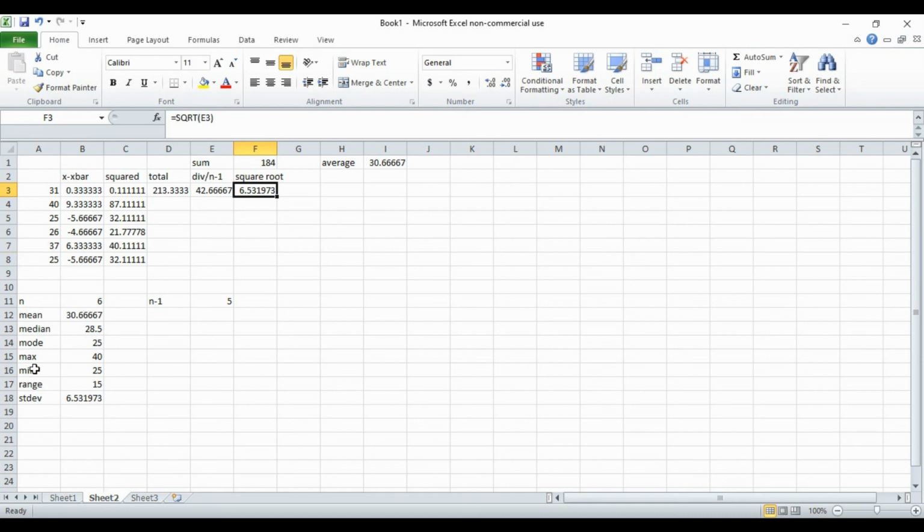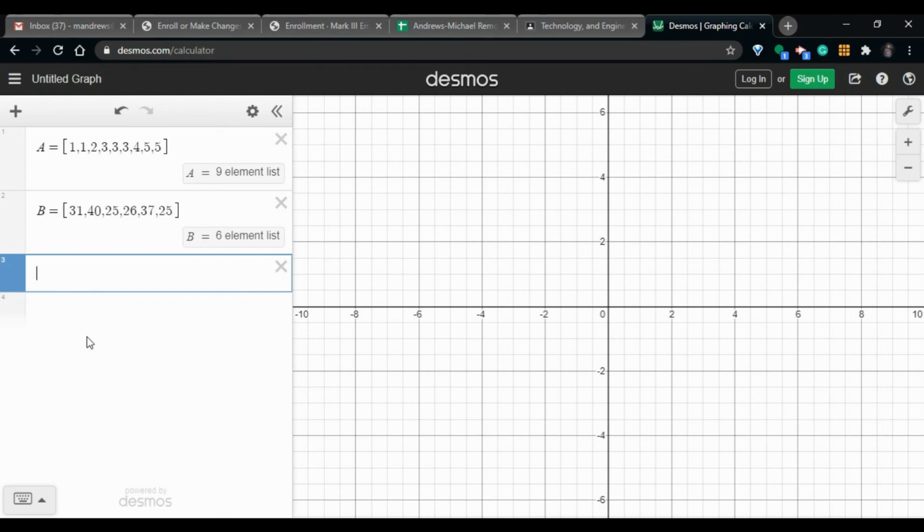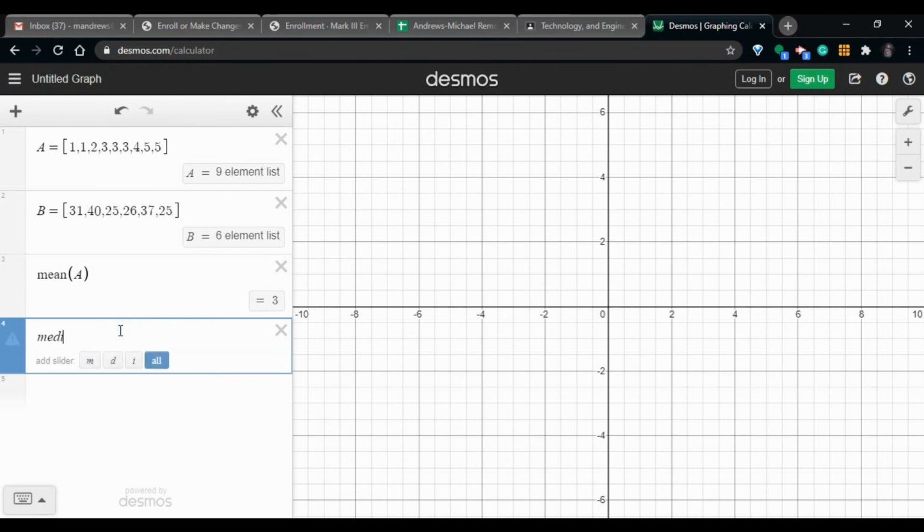Now, Desmos does not have the mode, but there is a way that we can get around it, and so we're going to talk about that in this next section. Okay, so now we're going to take a look at how to do this in Desmos, which again is very similar. So the first thing I did is I went ahead and put both sets in there, and I gave the sets names, A and B. They have 9 elements in the first, 6 elements in the second, so that is kind of what I was expecting. So now if I just want to know the average, I type in the mean,